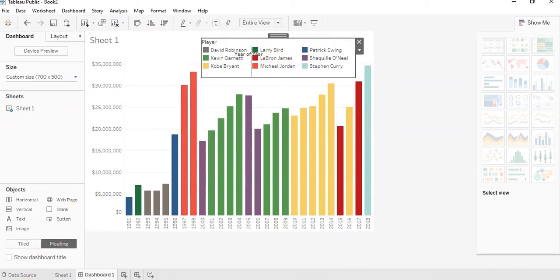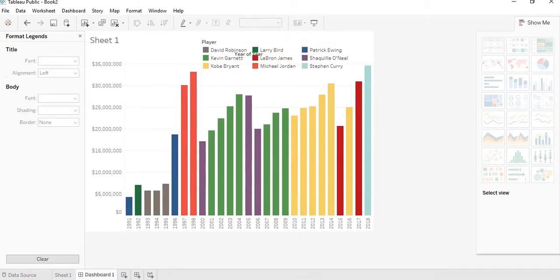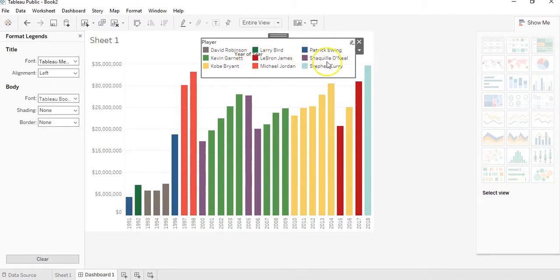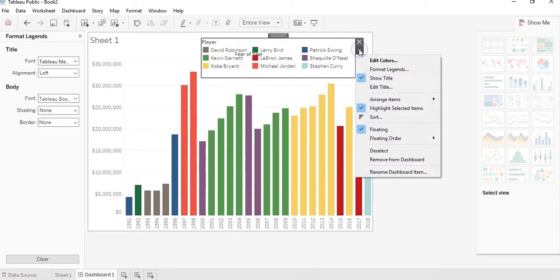That's not too bad. Now, if you do keep your legend here, one thing I do see is it's reading that year behind, which personally I think we can get rid of, or we can just cover it up. And I'm going to cover it up by clicking on my legend, and then this drop down arrow here. Then Format Legends,